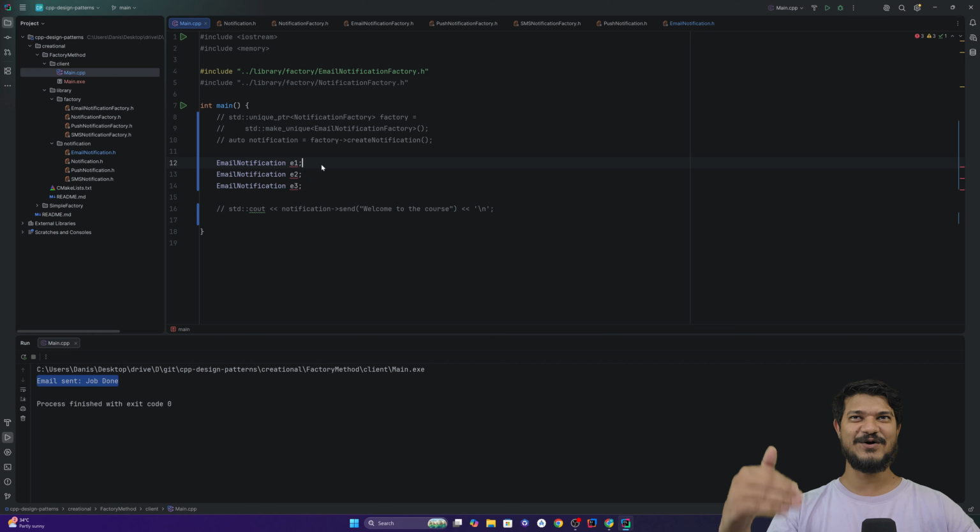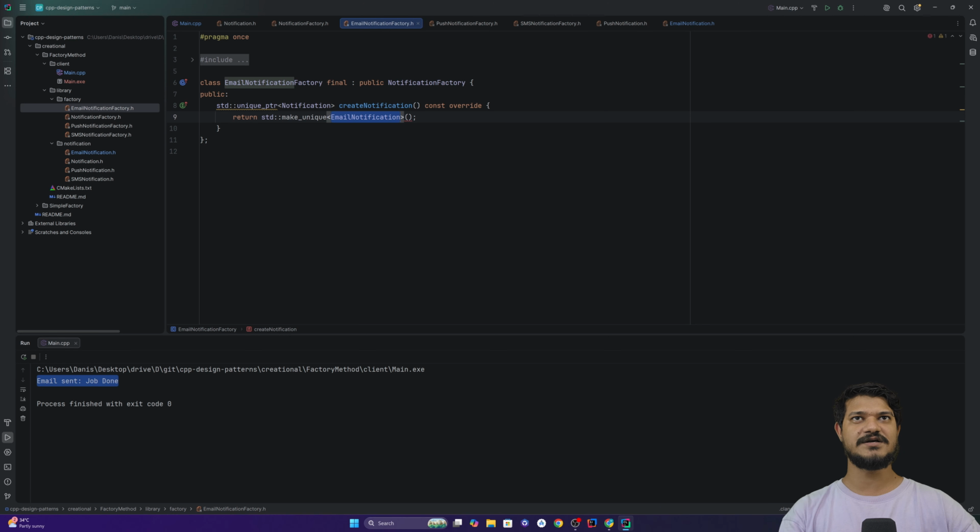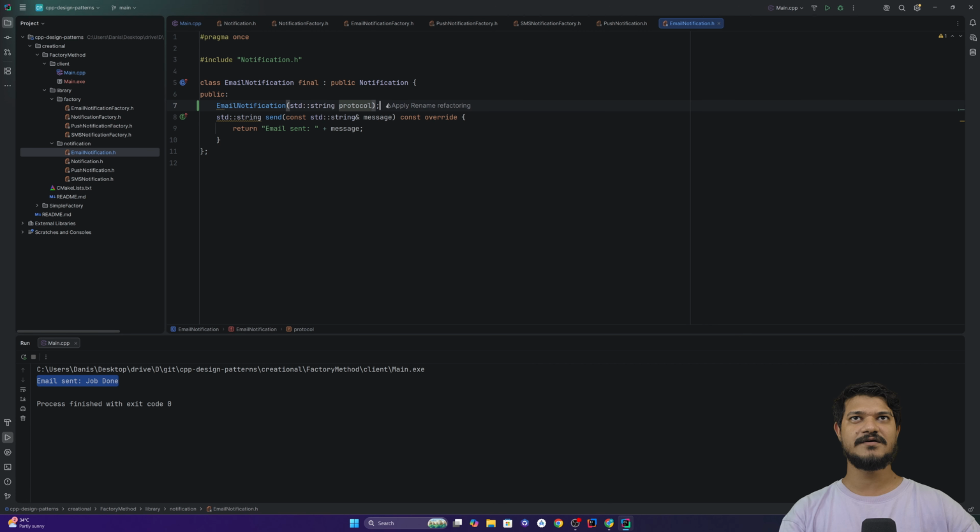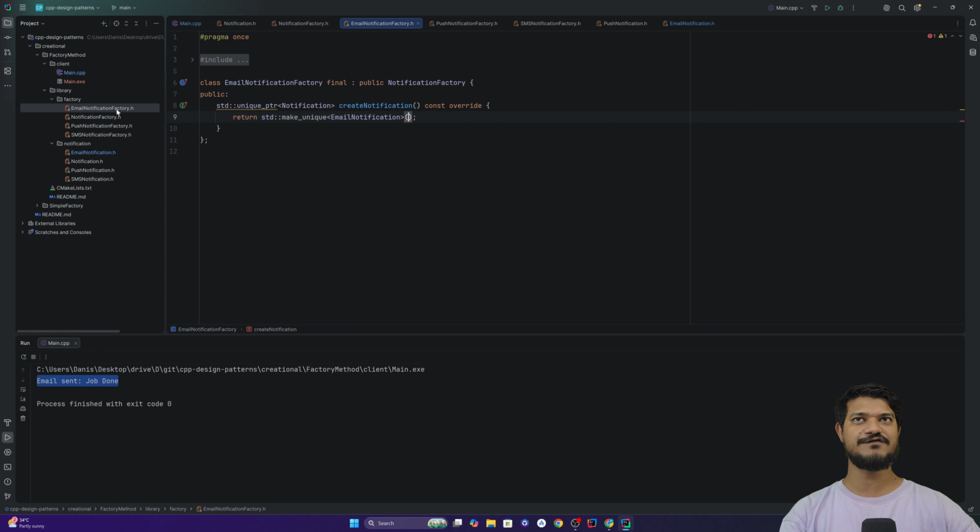These are not classes. I have defined all of them here. What I'm trying to explain to you is that wherever you have used it, all of them are going to fail, right? So instead of doing that, you have an email notification factory. Instead of doing this, if you have changed anything in the parameter of the email notification, all you have to do is update the factory, if you are using the factory pattern. I'll show you how it helps. Okay, so